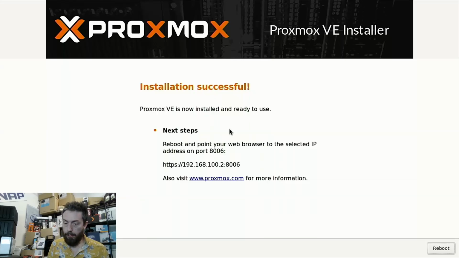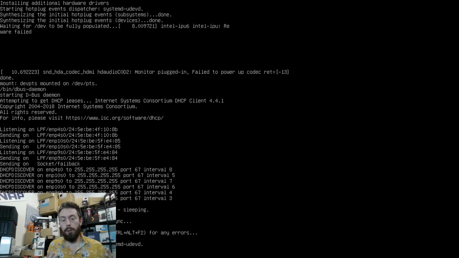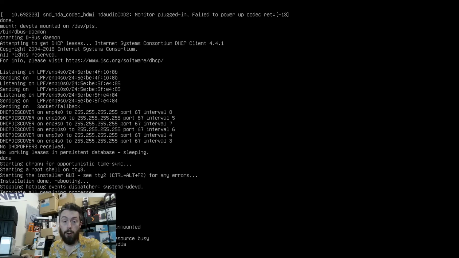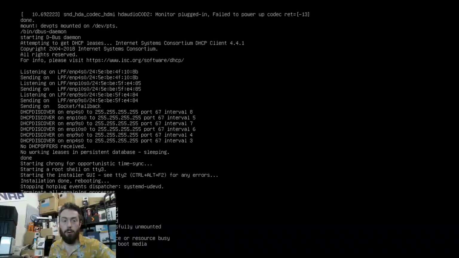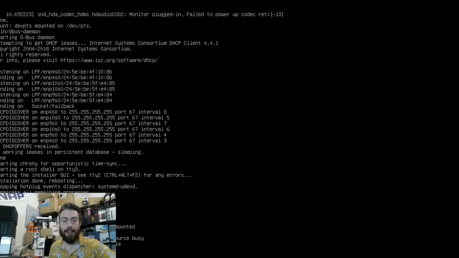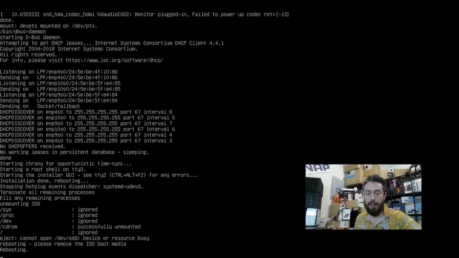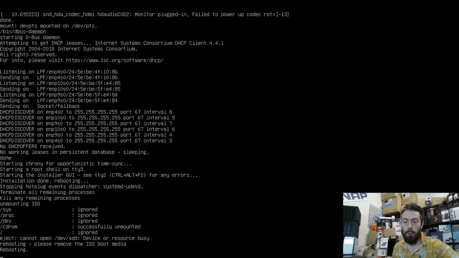So now all we need to do is reboot that system. What it will do now is start the reboot, but it will also power down first. So it allows us to remove that USB drive there, as I accidentally selected the wrong screen on OBS. Bring that over to that corner. And now it's allowing us to remove that USB drive, and the system will now begin its reboot process